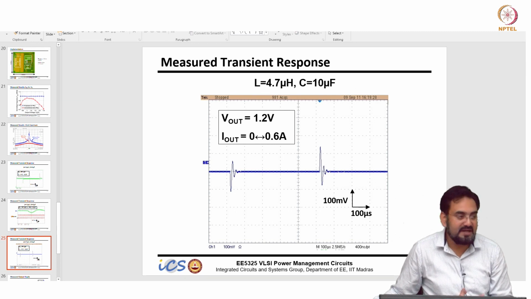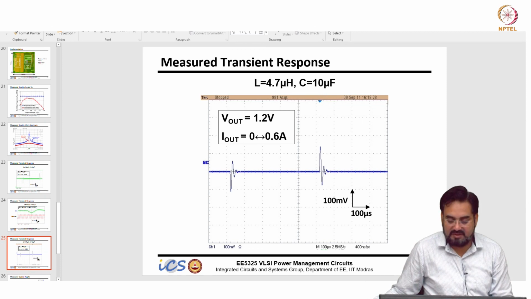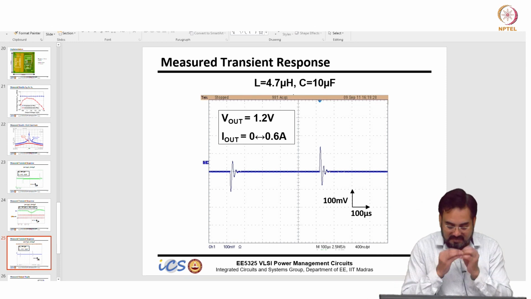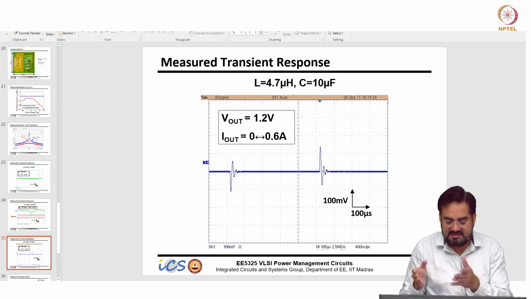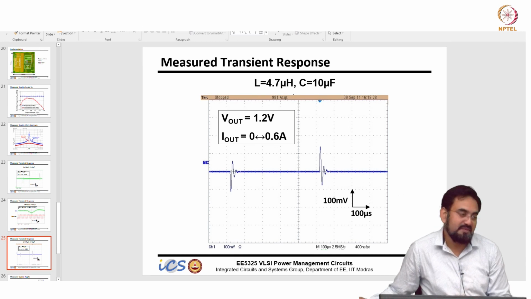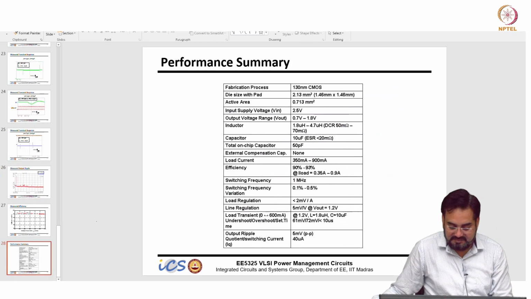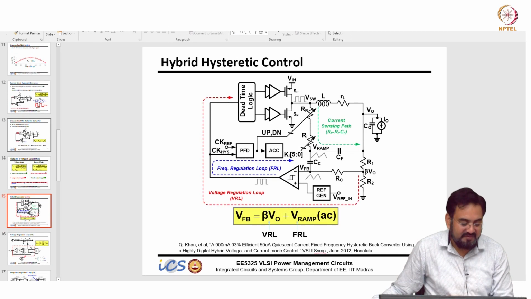I mean this is a very bad choice actually, I would say. You never want your cap to be too small for such a high inductor value. I would like to keep maybe 10 times of that, 50 microfarad. But I am trying to show that even if you make a bad decision in choosing the inductor and capacitor values, it is still stable, it is not that bad. Okay. So there is one more benefit of this hysteretic.